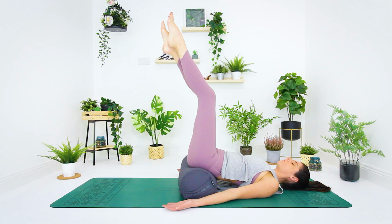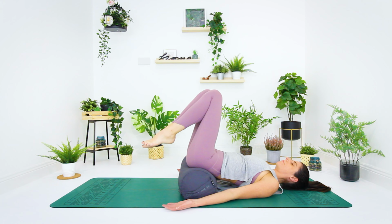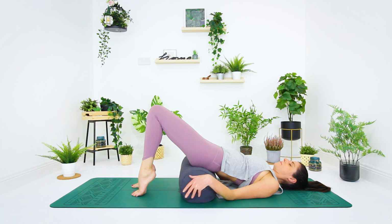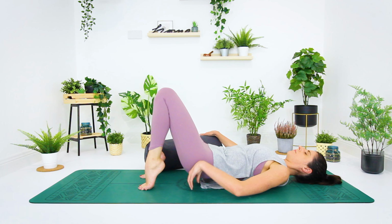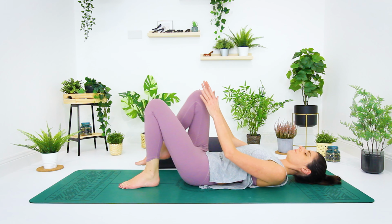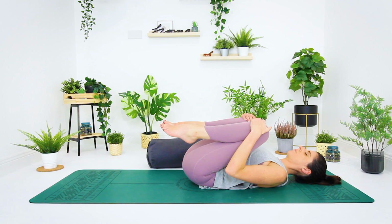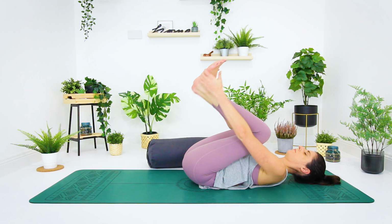We'll begin to come out of the pose by bending into the knees and planting the feet one by one down onto the mat. We'll gently slide our prop off to one side and rest our hips back down towards the mat. Drawing your knees one by one in towards the belly, we'll drop our knees heavy to the outer sides of the body. Making our way into happy baby, we'll begin to bend into the knees while you point the soles